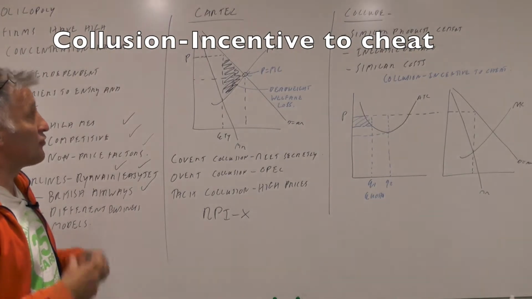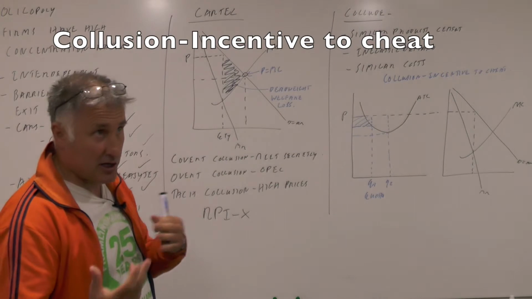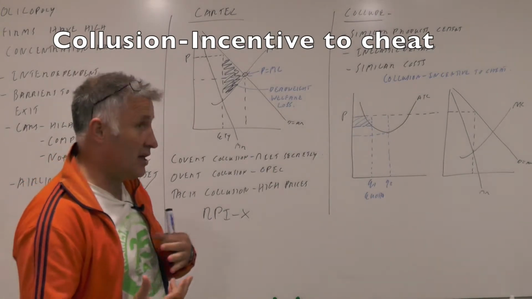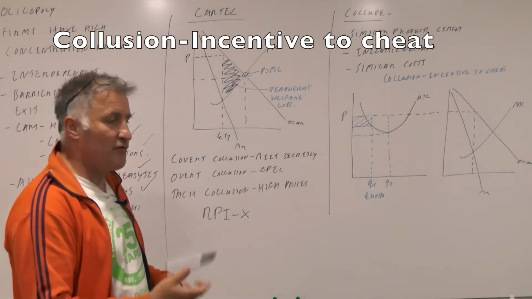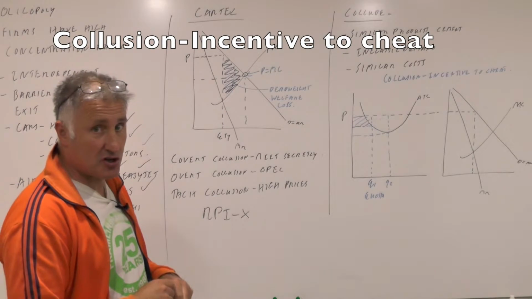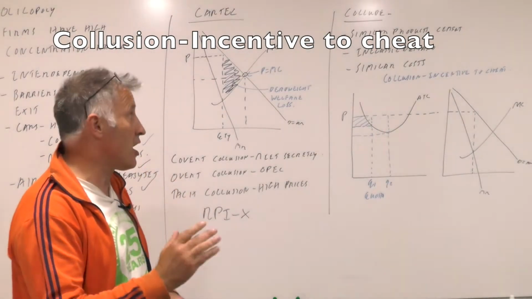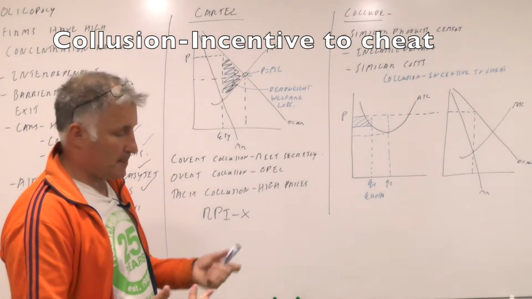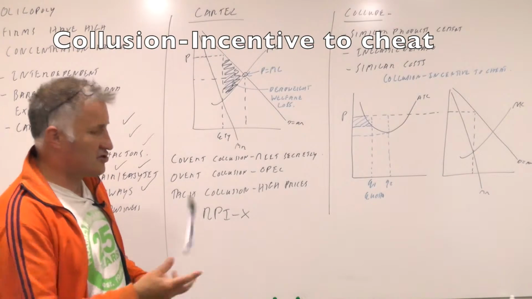Right, so what makes collusion more likely is if you produce similar products, like the cement industry or the steel industry, and it's hard to compete because cement is cement and steel is steel. And if you have an inelastic demand for your product and a similar cost structure. Now in that case, if everybody raises their price, you're all going to make more money. However, collusion is not that easy and there's always an incentive to cheat.